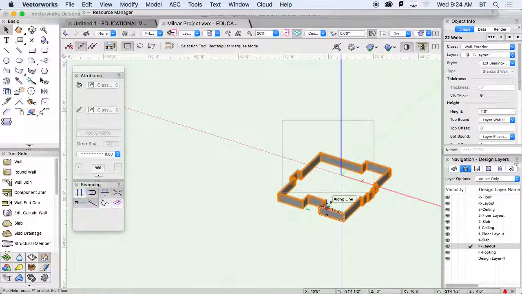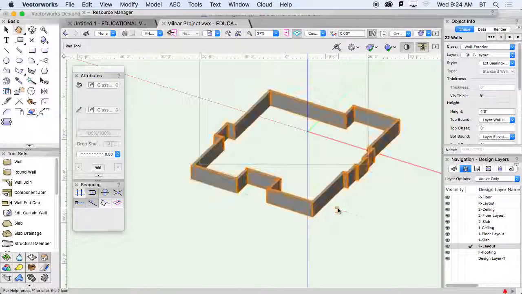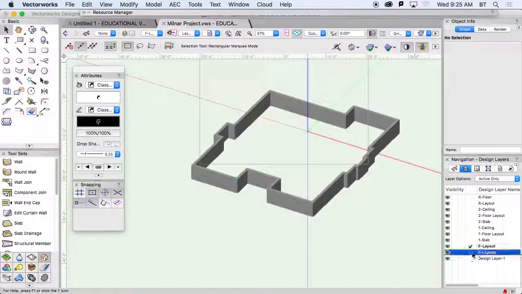They're all good. Now you can always use your dimension lines to check and make sure this has all gone as planned, right? So these dimension lines are going to be the same. There is the foundation plan, and they're going to be the same as on your floor plan. So now I have my foundation wall, and now I need to do my footings. Same idea. I'm going to take these walls and duplicate them, Command D. I'm going to send those duplicates to my footing layer,